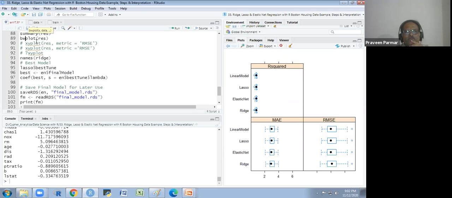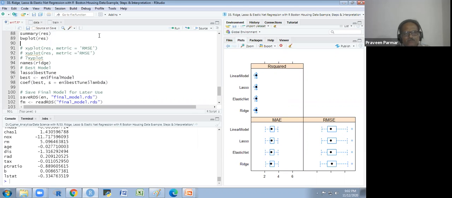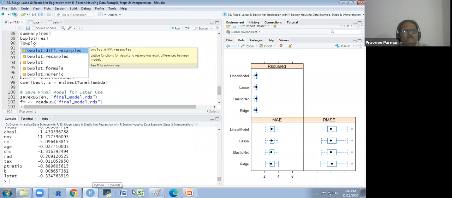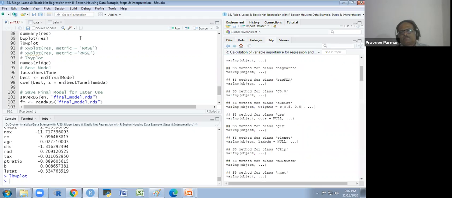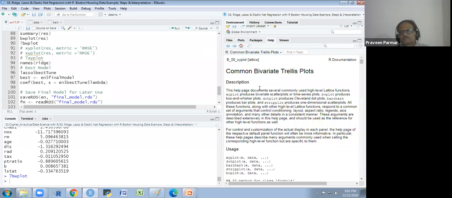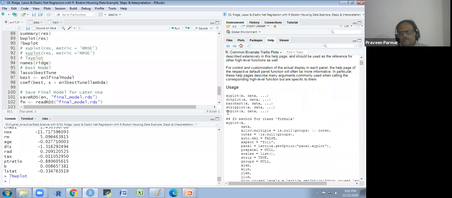If I show you the complete information about the bwplot, it is a type of plot. I will show you that. Common bivariate trellis plot.